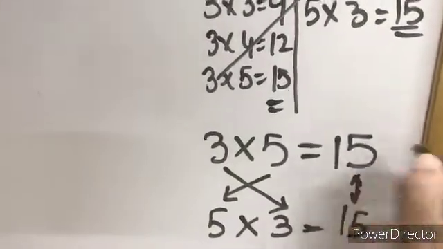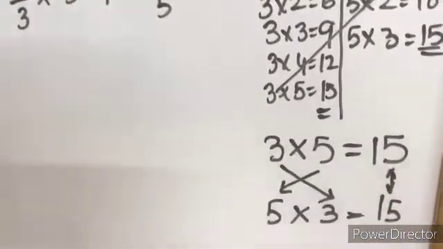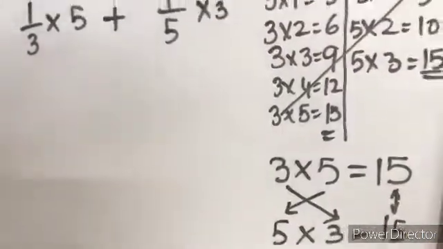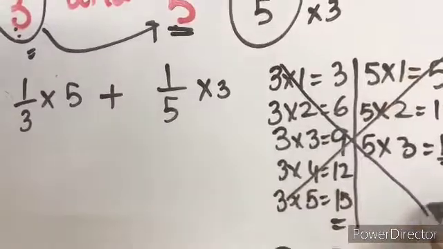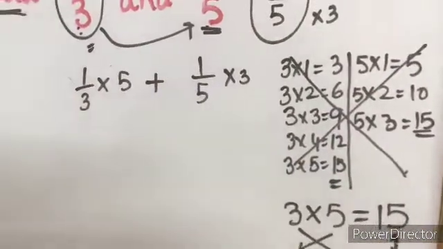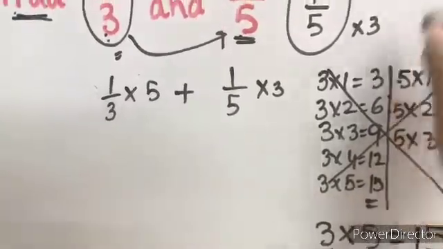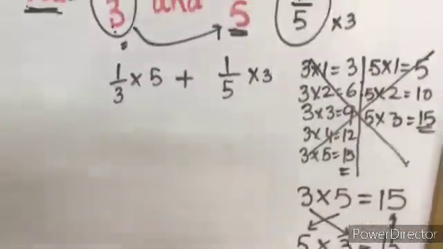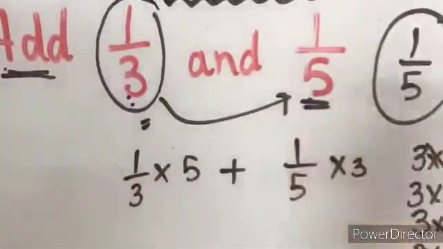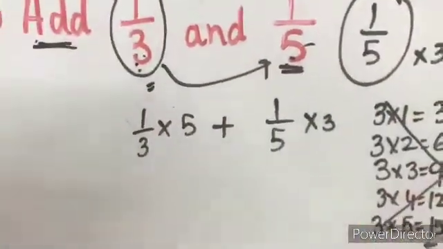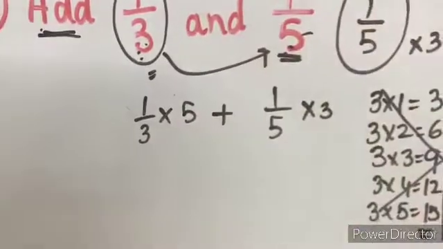See, the same answer. You have done this in multiplication and division many times. So I already know that, but still for your convenience and to make you confident, I do this. But no need to do this again and again. You are in level 3, so grown up. Do it like this: you should know 3 5s are 15, 5 3s are 15. So in that case, you can get the same denominator.